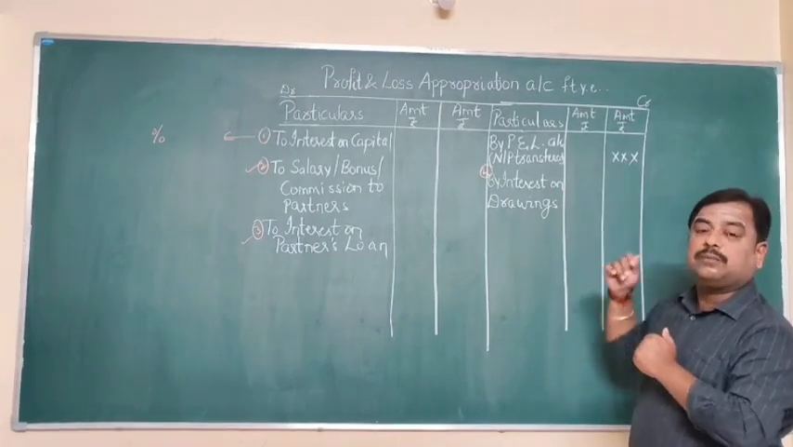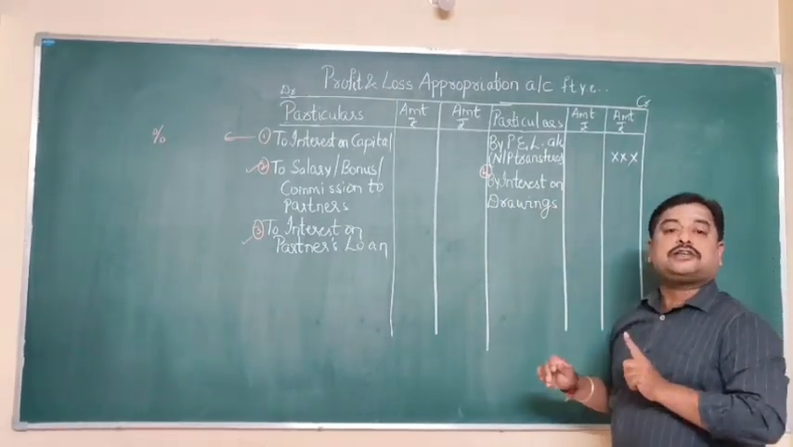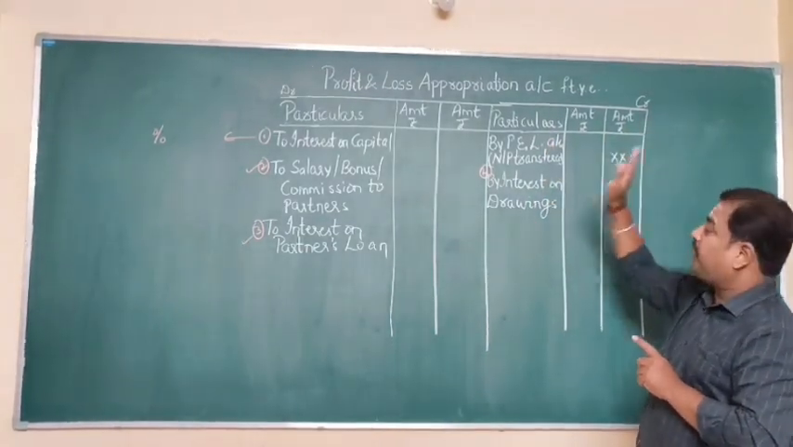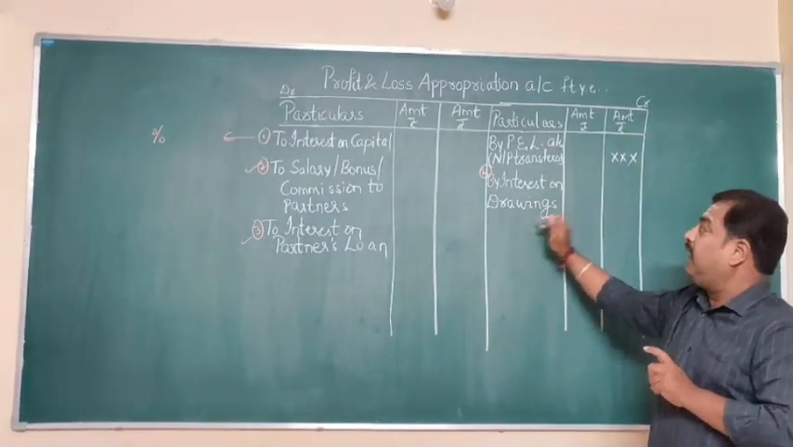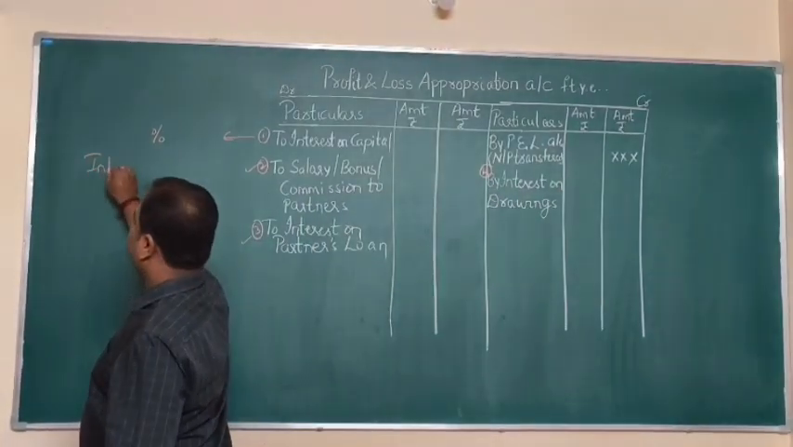Already we have done the problems on calculation of interest on drawings. Here, where to record interest on drawings? We record interest on drawings in the profit and loss appropriation account on the credit side. Now, one thing I have to mention on interest on drawings here is